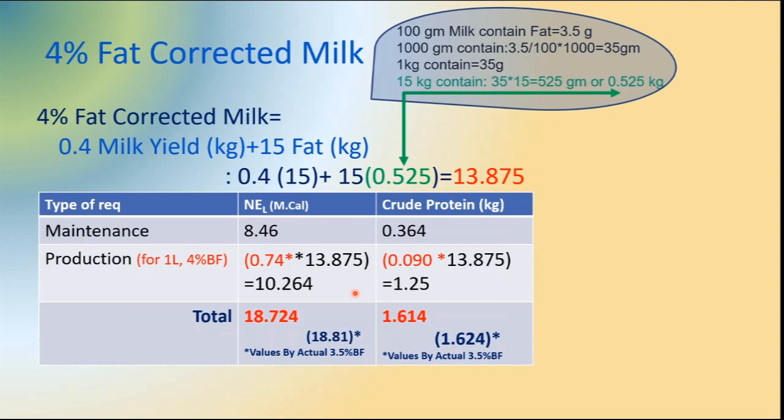But for the sake of calculation, for a standardized milk, that is 4% fat corrected milk, it is easy to remember, and we can do easy calculation for all quantities of butterfat rather than memorizing the values. We don't have any computer at the time of calculation, so we can use this way of calculating. Or sometimes we have to go for animals like buffalo, and the buffalo values are not available in the feed formulation software available for dairy cattle in different countries of the world. Then we have to go for this conversion factor.